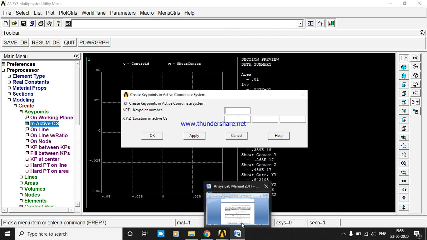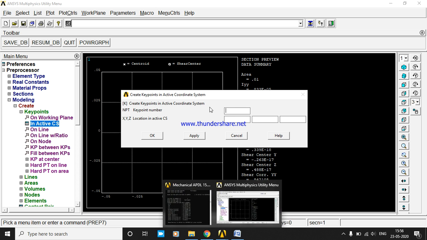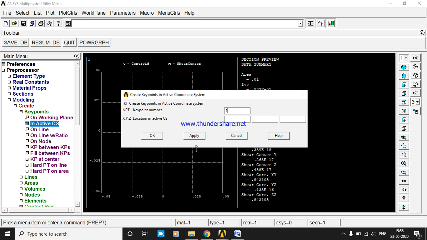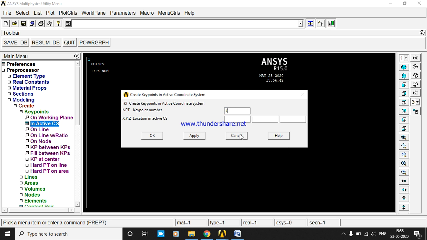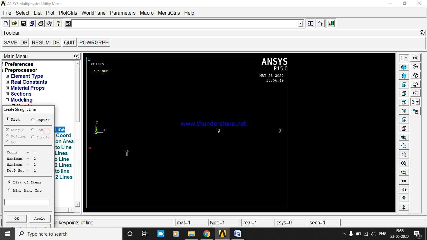So here what I have, total span is 6 meters, with a node at 4 meters. Okay, second node is at 4 meters. Only 3 nodes I have: 0, 4 meter and 6. So now first node is 0, second node is at 4 meters, third node is at 6 meters. Now I got the span of the total beam here. Now I'll go to the line, straight line. I'll join 2 lines. Okay.